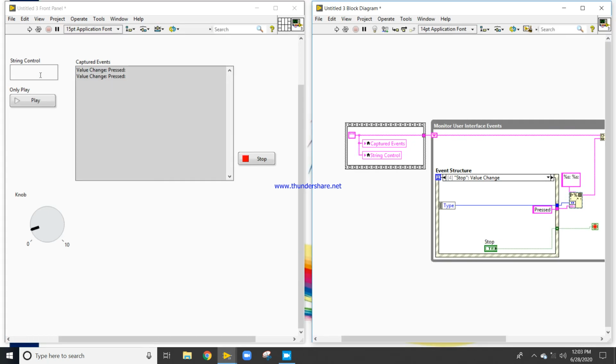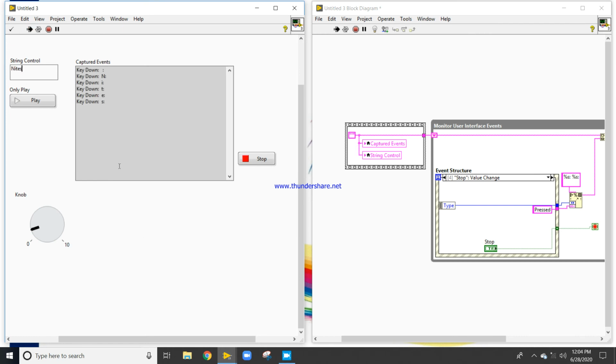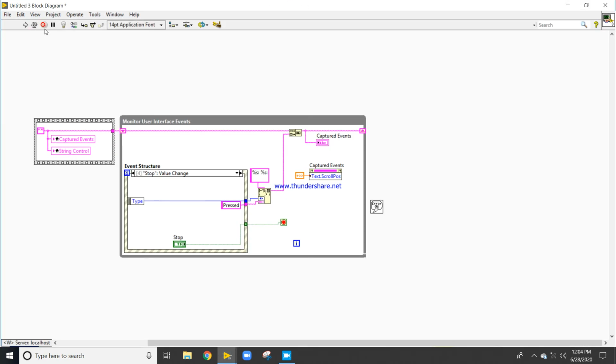First we will check the other output also: key down NITESH. Great, so there are key downs. Now I don't need type anymore; I need characters everywhere.